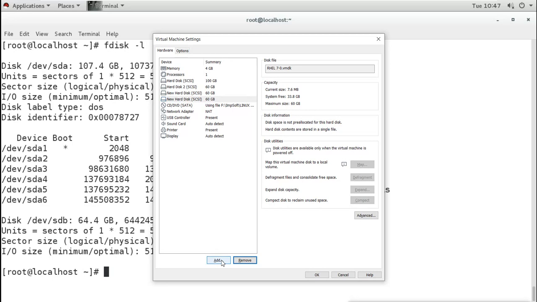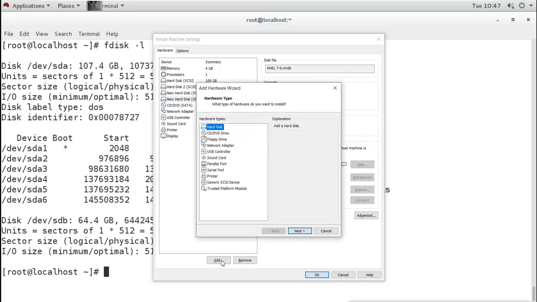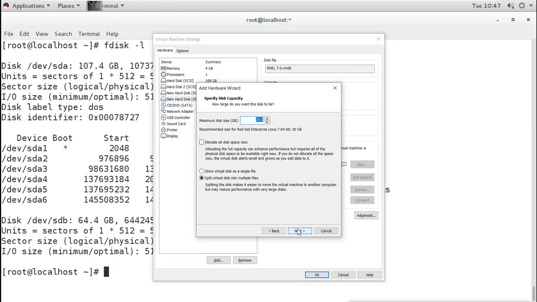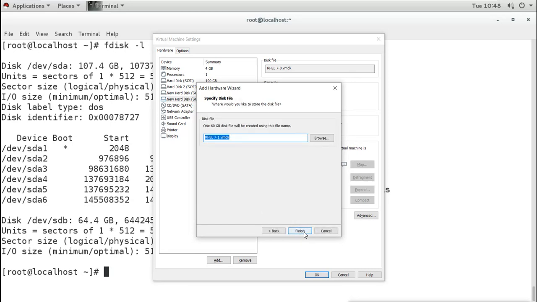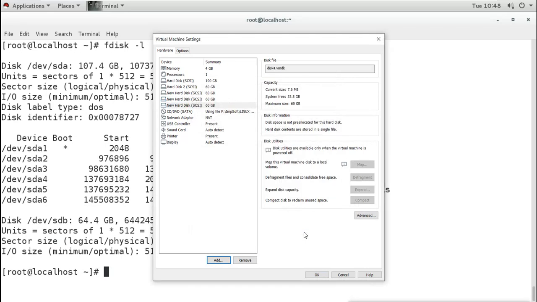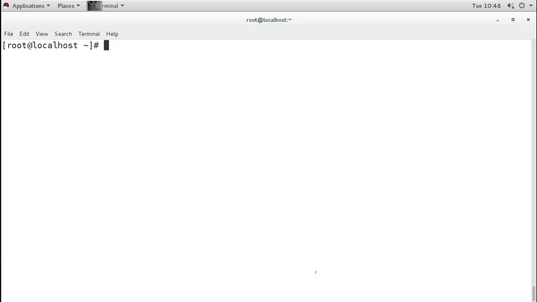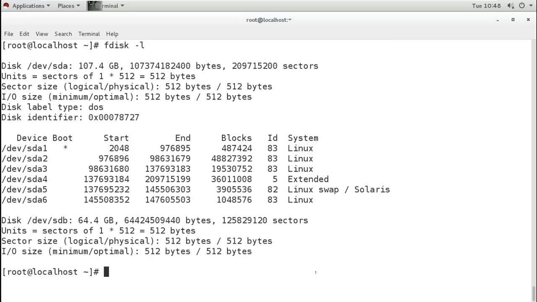Now I will add one more, 4, 60 GB, disk 4. So I added 4 extra disks here, and if I check, it is not showing, so I have to reboot it.